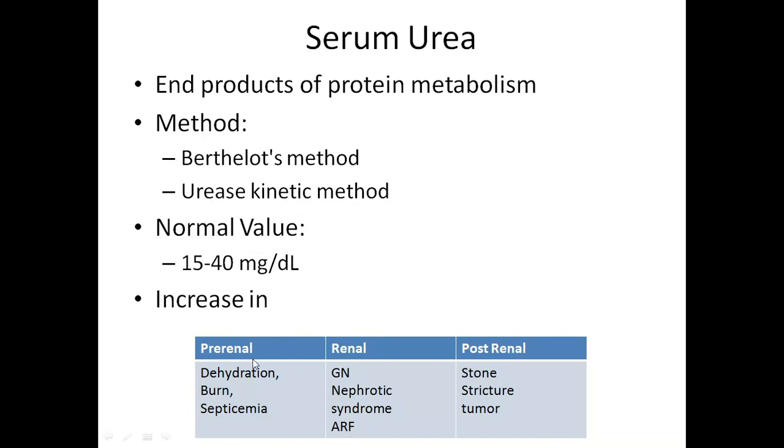Pre-renal conditions like dehydration, congestive cardiac failure, burns, and septicemia increase the serum urea level. Renal conditions like glomerulonephritis, pyelonephritis, nephrotic syndrome, and acute renal failure also increase serum urea level. Post-renal conditions like stricture or obstruction of the urinary tract due to tumor or stone may lead to an increase in the serum urea level. So remember the measurement of urea,